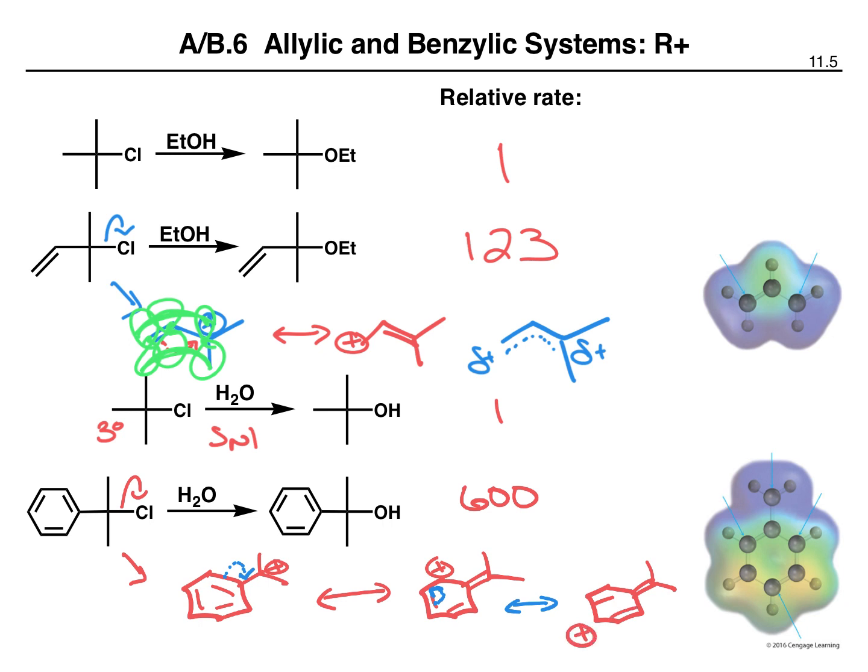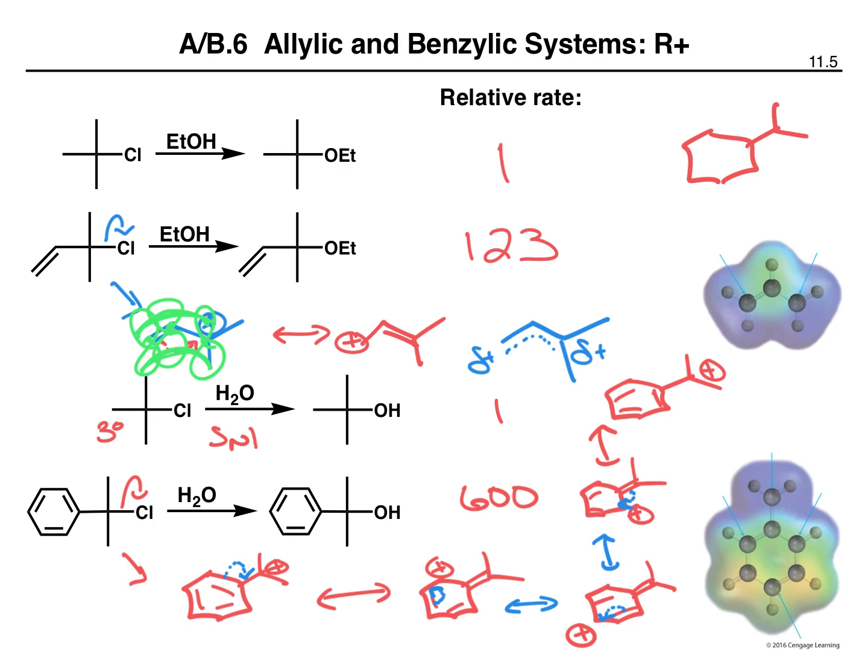that looks like this. You can imagine these electrons move here, giving us another resonance contributor that looks like this. And then finally, we can imagine these electrons move here, which gives us a resonance contributor that looks like this. In other words, this particular benzylic and tertiary carbocation exists as the resonance hybrid, which has